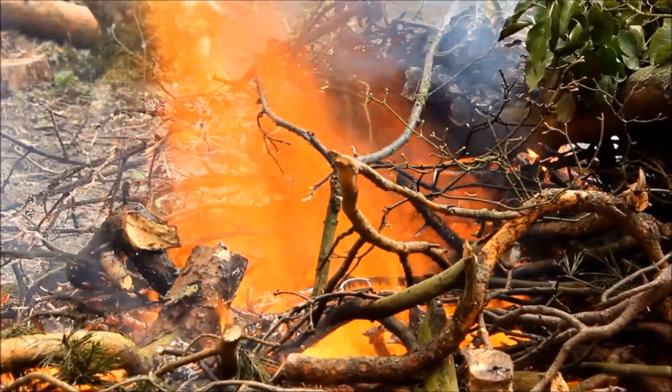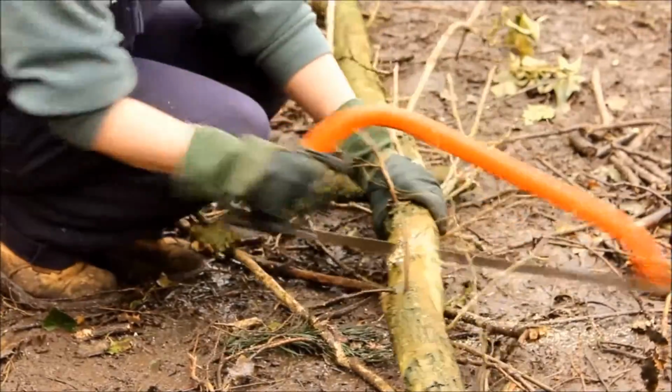On Fridays we help with the clearing of the trees that's been felled by John, just burning the brash and sorting out the rest of the timber for different uses, whether it's going to stay and become wildlife habitat or it's going to be recycled or sold on, used for firewood. But most of us here also have interest in the ecology of the woods as well. We undertake a butterfly survey in the summer, for example,